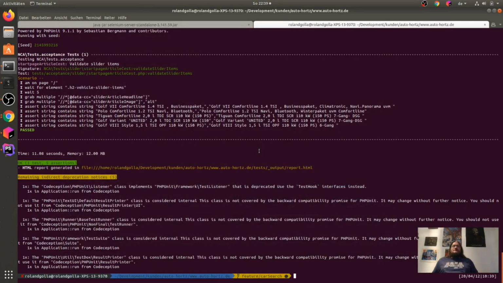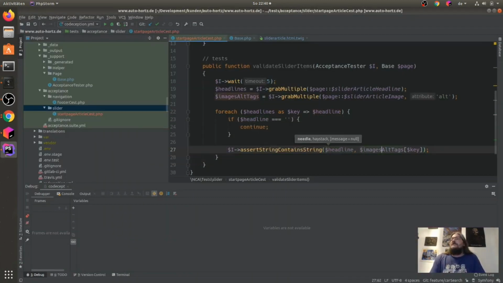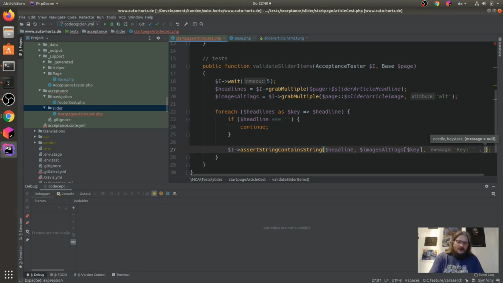Okay, green. The problem now is that I see here assert string contains string, and when it will fail, I don't know exactly which slider item failed here. So I can do the most little thing and say I have an option to add a message, and I can say here key is now our $key.